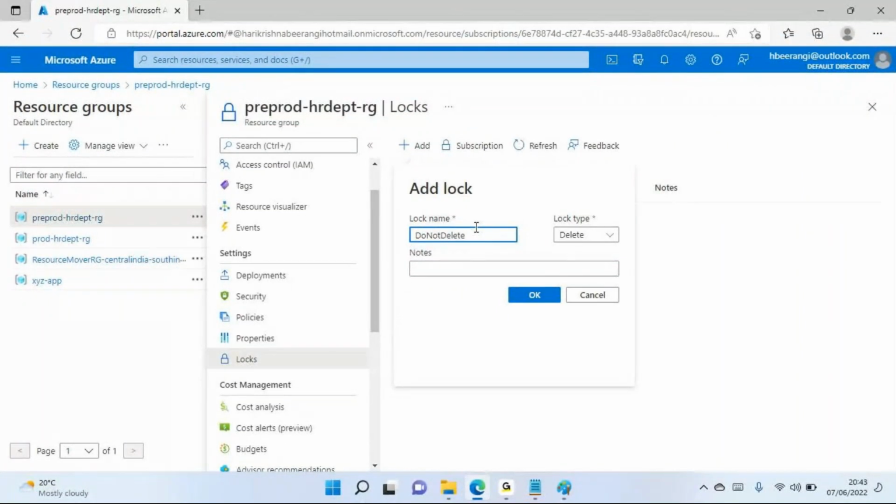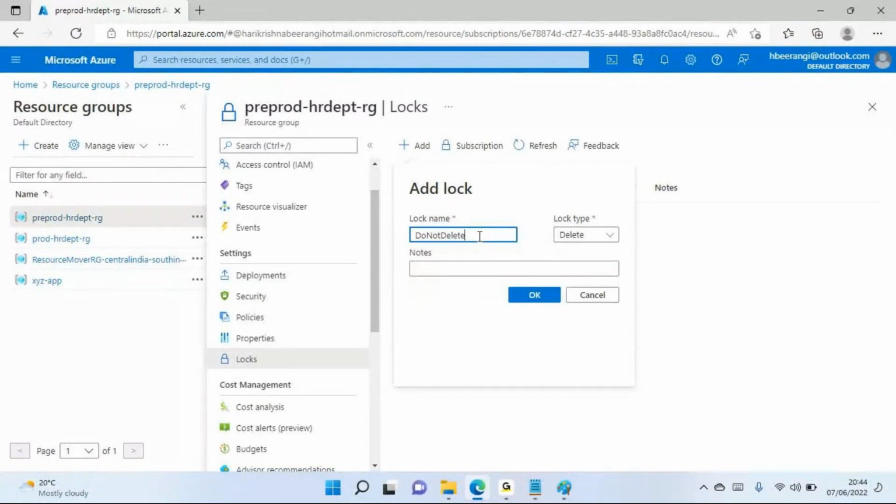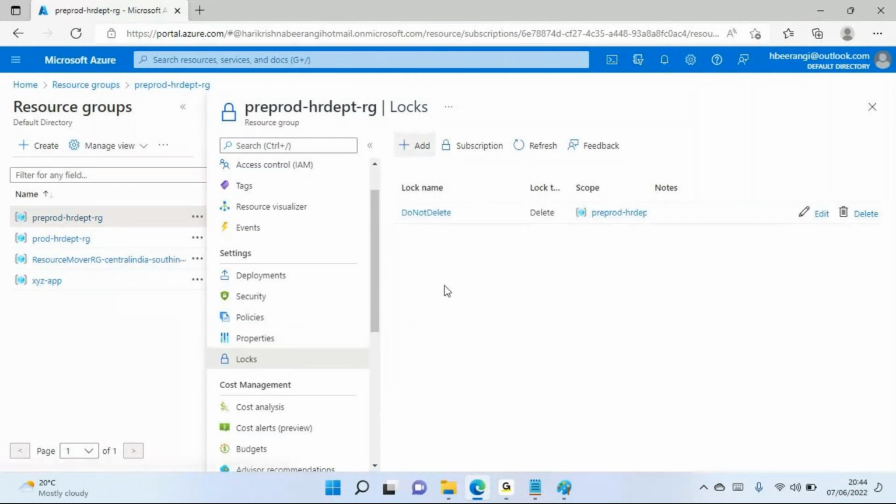If you give any symbols like this, it's not going to take. You can apply only underscores, hyphens and parentheses. So let's go with this. Now the lock has been applied. Refresh. Even though I am the owner of the subscription, or all of you are having contributor permissions, still I